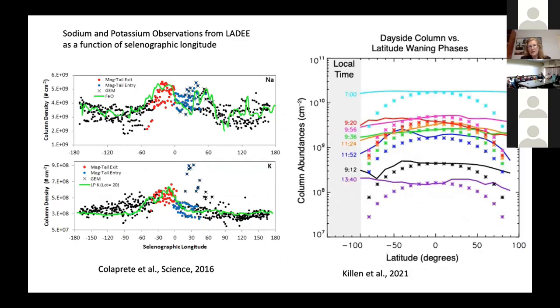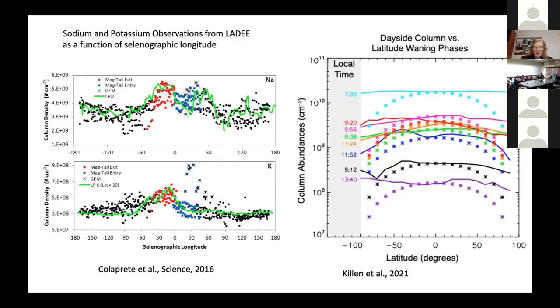This is 7 a.m., but it's also correlated with the time when the Artemis spacecraft measured the largest proton flux to the surface of the moon that was recorded, and we got the highest column abundance. So there's definitely a correlation,